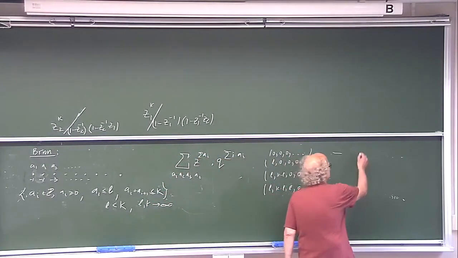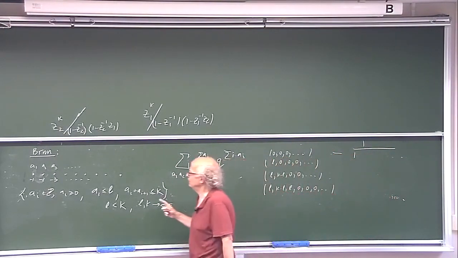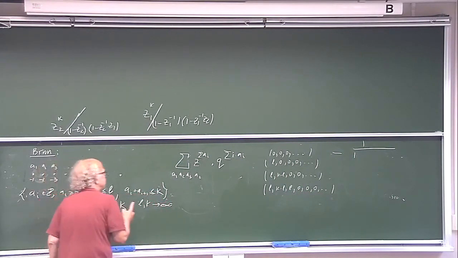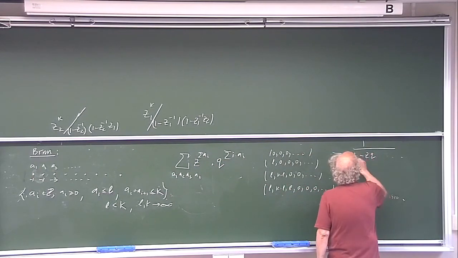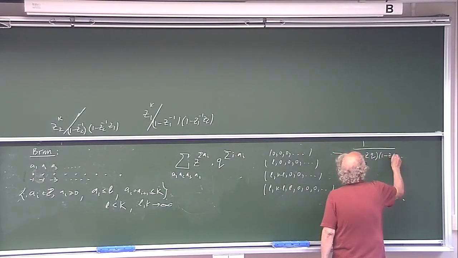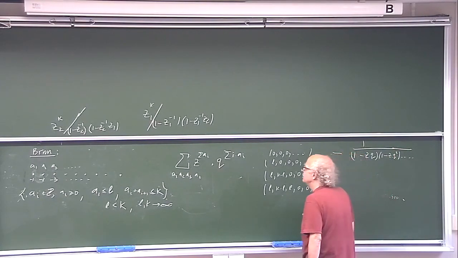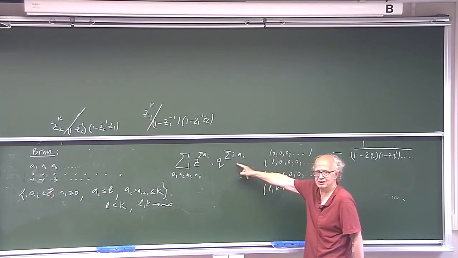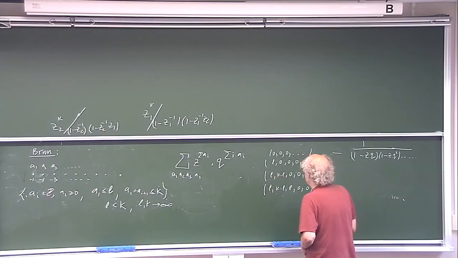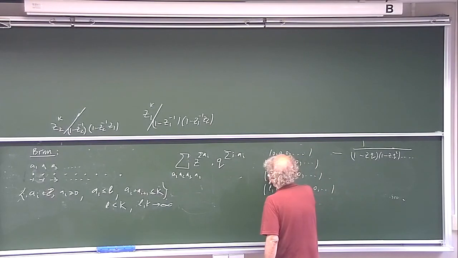It is 1 over... no, in my convention, yes, it is 1 minus zq, 1 minus zq square, and so on. It is like this. No, and it will be if I calculate this in this vicinity. Yes, and now what is going on in this case?